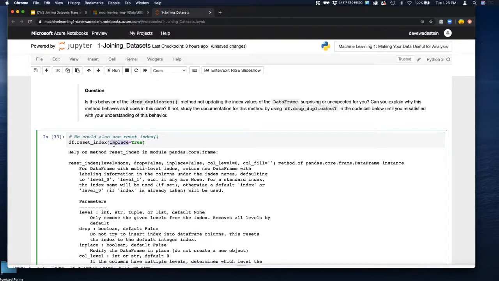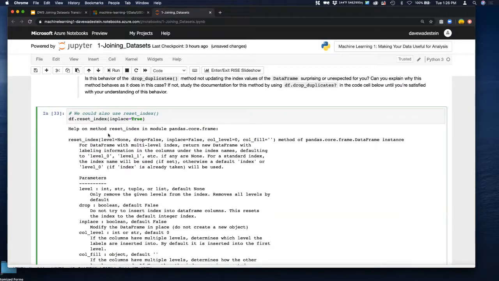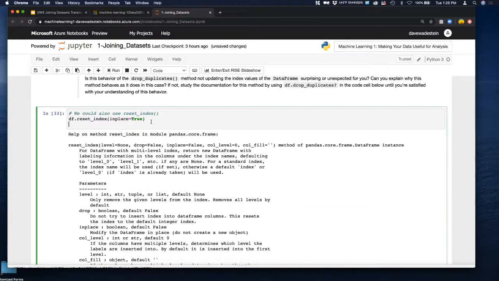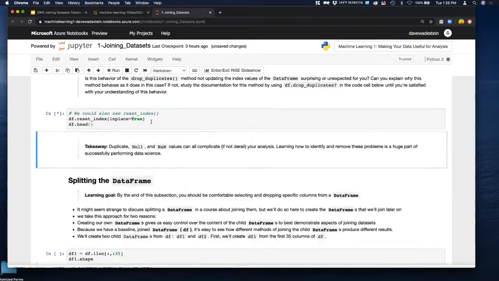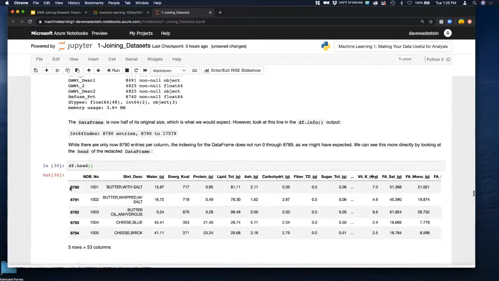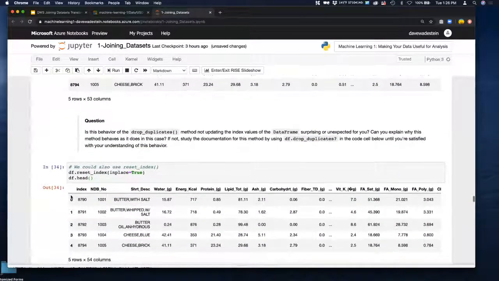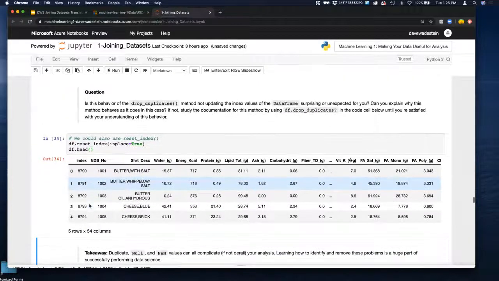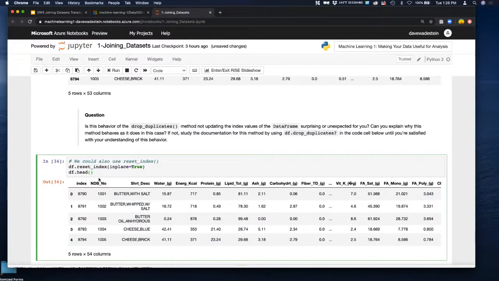I just hit a tab there as well. So in addition to tab completing working on function names and variables and so on, it also will work on the parameters for the function. So you don't have to type the whole thing here. And so if we do that and do a df.head, you'll see that we are now indexed from 0 onward, but the problem is that the old index that we had was retained by Pandas as a column. Now we can drop that column, but we can also notice,